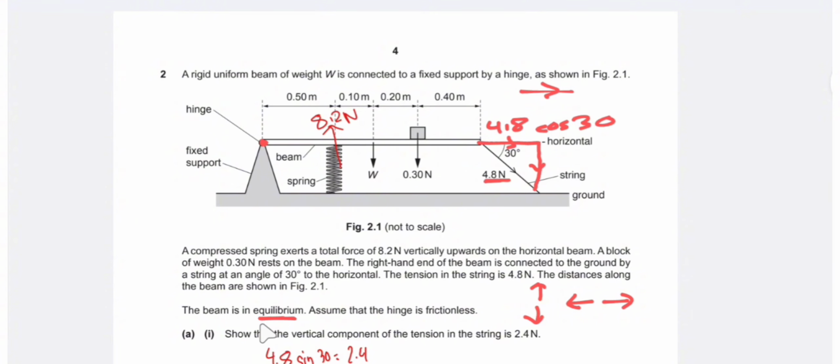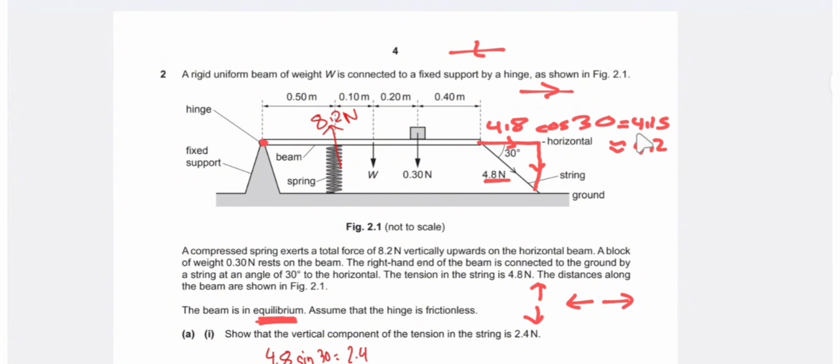So at equilibrium, we know that the resultant force in the horizontal direction is 0. For the horizontal direction, since this force is acting on the right, there must be an equal force acting on the left. So the forces have to be equal in magnitude but acting in opposite directions. That means since this force is acting on the right, a force of equal magnitude is acting on the left. And if we calculate the magnitude of this force, it would be 4.15, or approximately 4.2